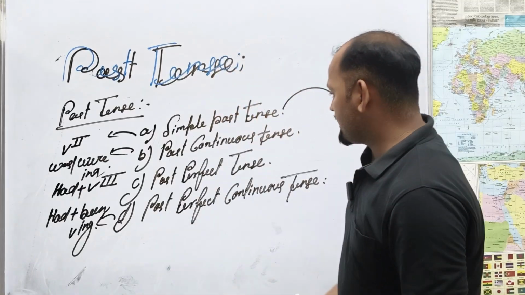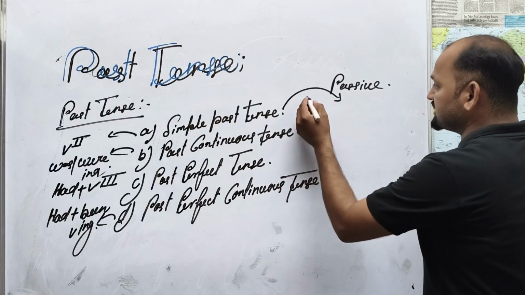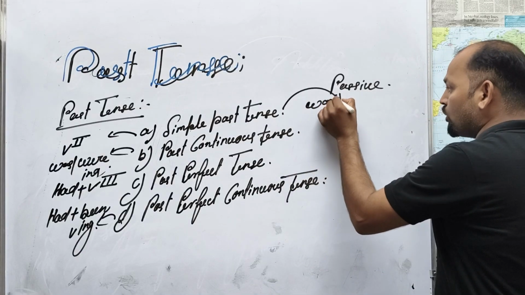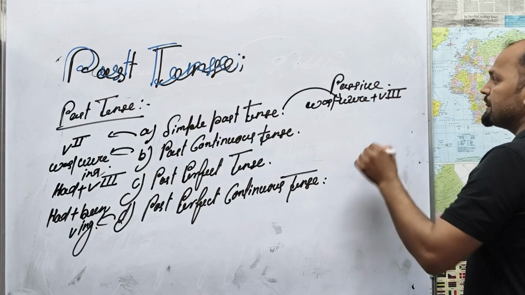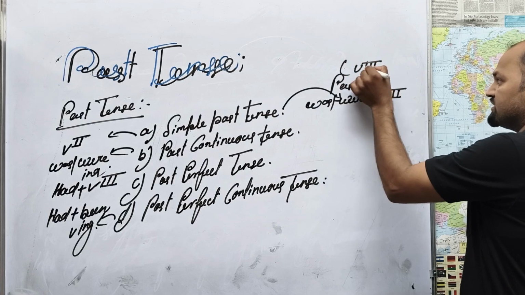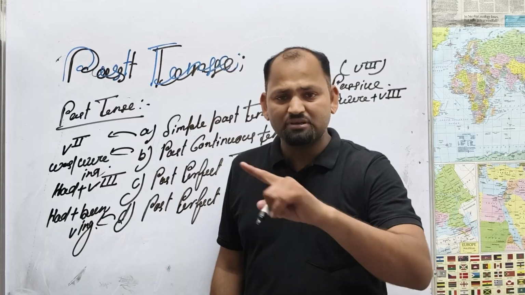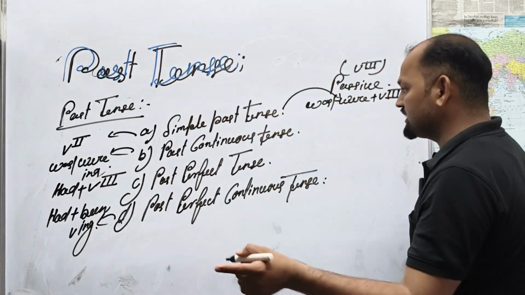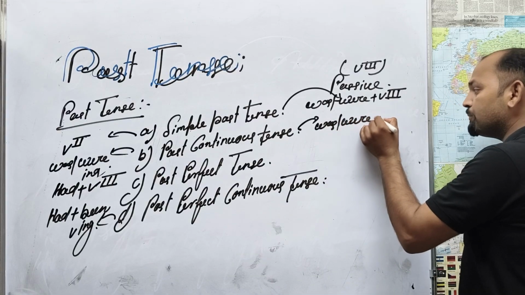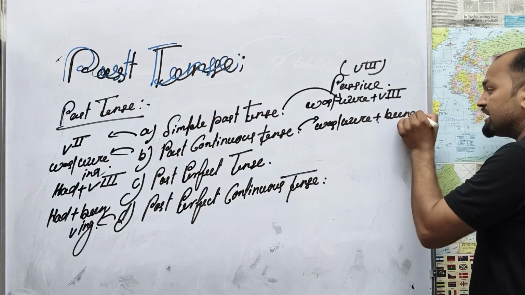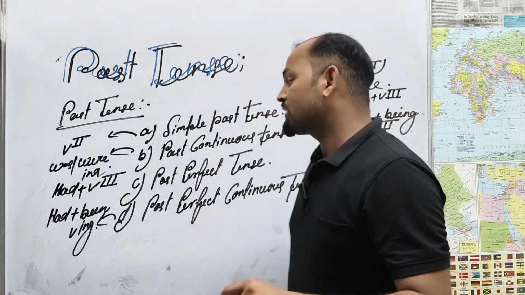Now let me ask you, in changing into the passive voice you have to pay attention. If there is need, use was, were plus verb third form. Actually, in a passive voice, verb third form is the most compulsory. Compulsion means compulsory. Without third form, we cannot say this is the passive voice. In past continuous tense, was will be there, were will be there, plus don't forget being, plus verb third form everywhere.